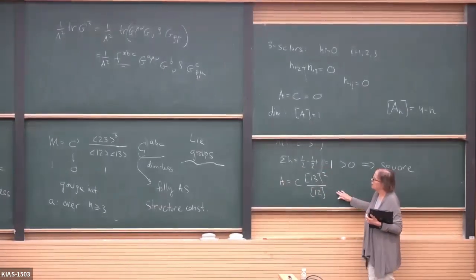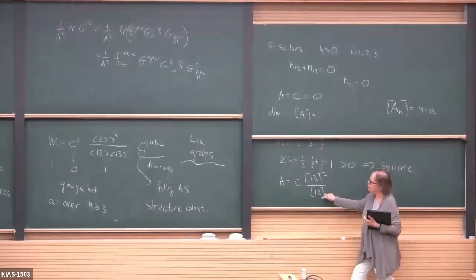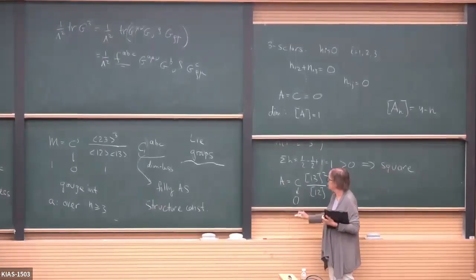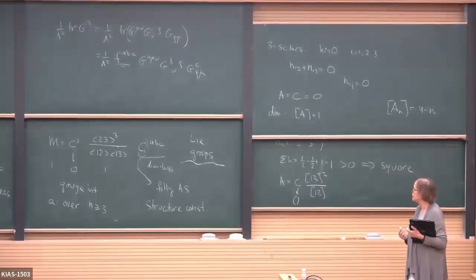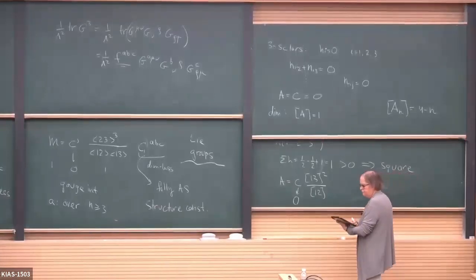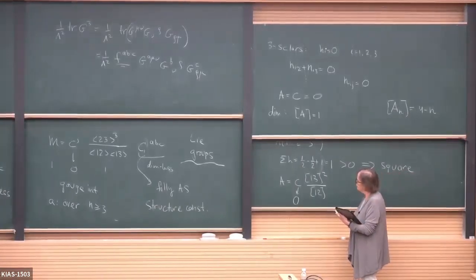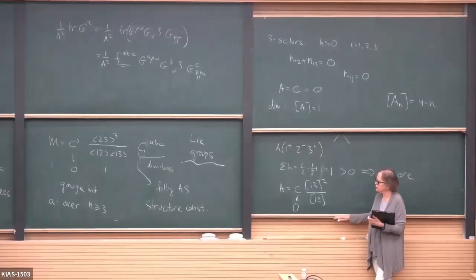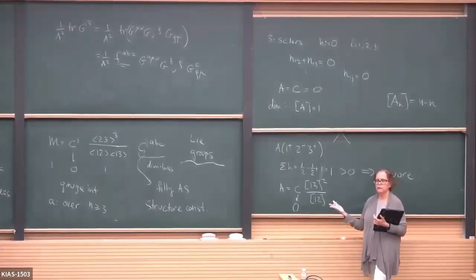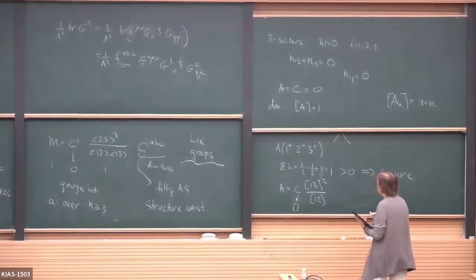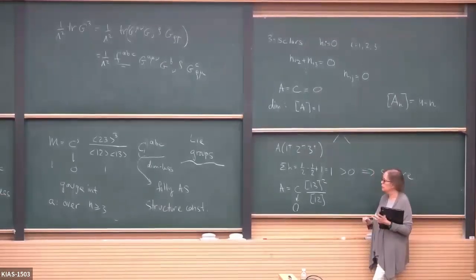And again, looking at the dimensions, this is dimension 1, this is dimension 1, so this is dimension 0. So it's consistent with being the gauge coupling, okay? It's dimensionless. And one thing that you can do, which is a nice exercise, is just to convince yourself that that's the case. Just take the Feynman rule for the interaction vertex of these guys, dot it with the polarizations. Of course, you have to assume that all the momenta are complex, and you can convince yourself that this is the form of the amplitude.